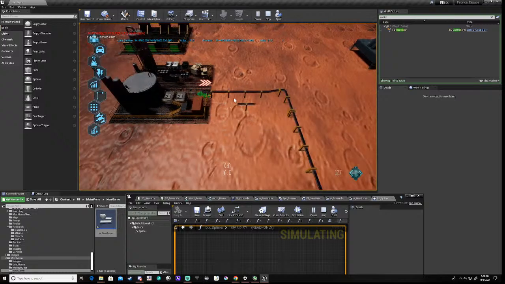Now, this isn't a spline point anymore, but for some reason it doesn't delete it. Now, I can prove that, because